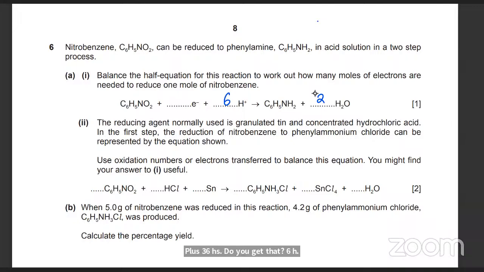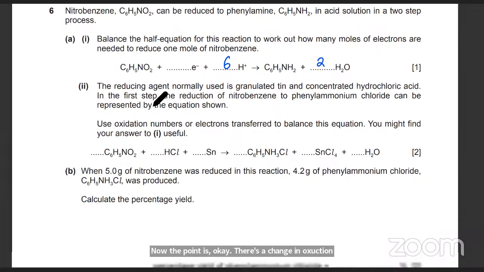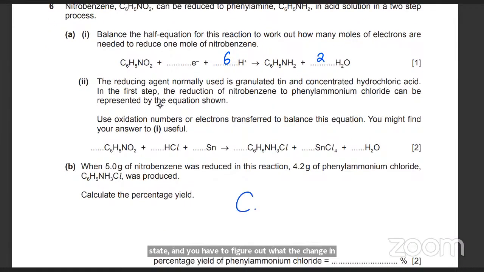Now the next part is how do you figure out the number of electrons being gained and lost? The point is there's a change in oxidation state and you have to figure out what the change is. But here there's an issue. There's no oxidation state changing over here. H is +1, H is +1, O is -2. That's not where the oxidation state is changing. The oxidation state is changing over here. You had C6H5NO2, and on the other side you have